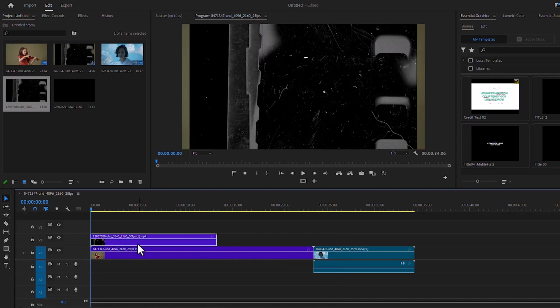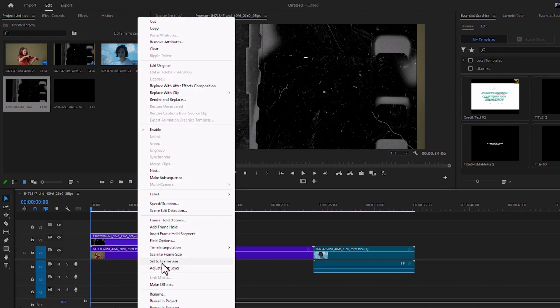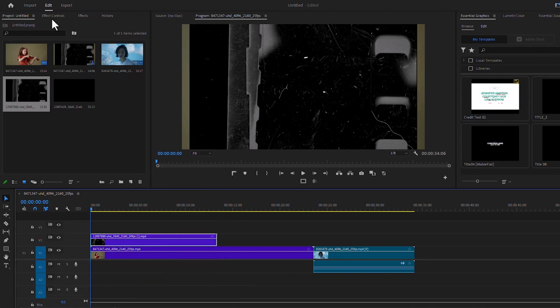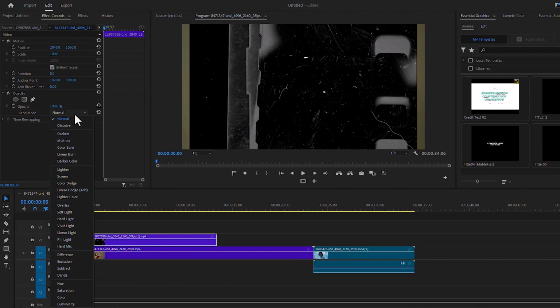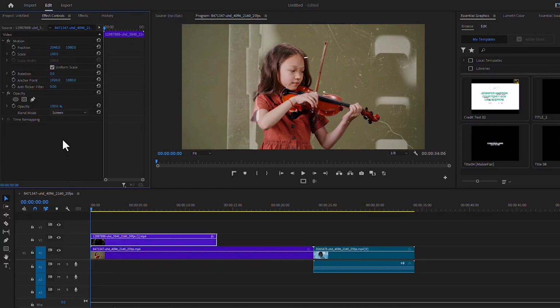Then select video layer and fix the alignment. Select set to frame. Then go to the effect control panel. Change the blending mode. Here are a lot of options. You wanna choose anyone like skin,